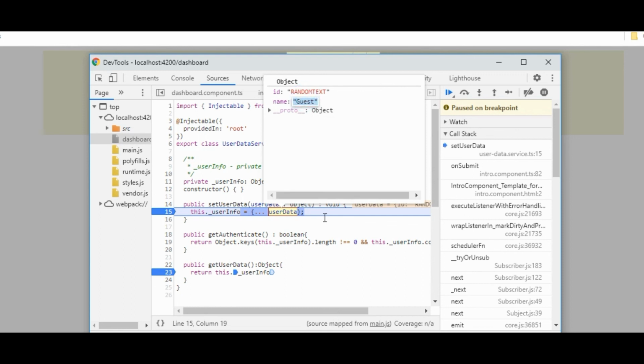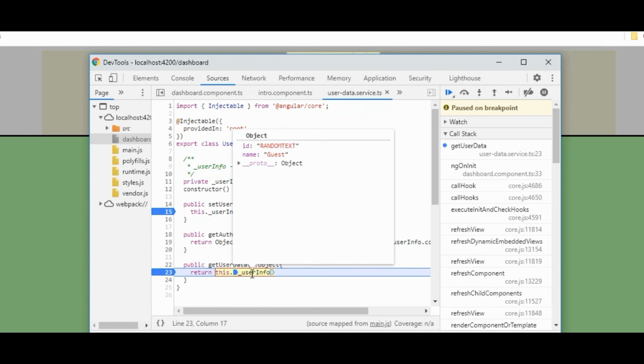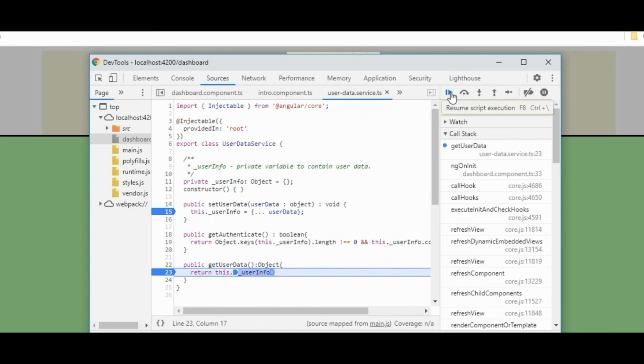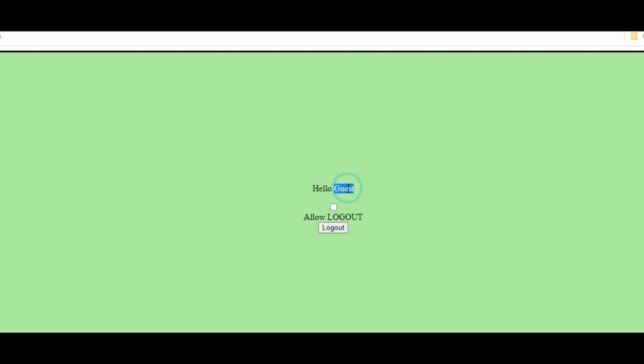See, that's guest. And we'll come to the dashboard, go inside our get user, and get user will be giving us our populated object, which is from that injectable. So we'll be getting our guest.